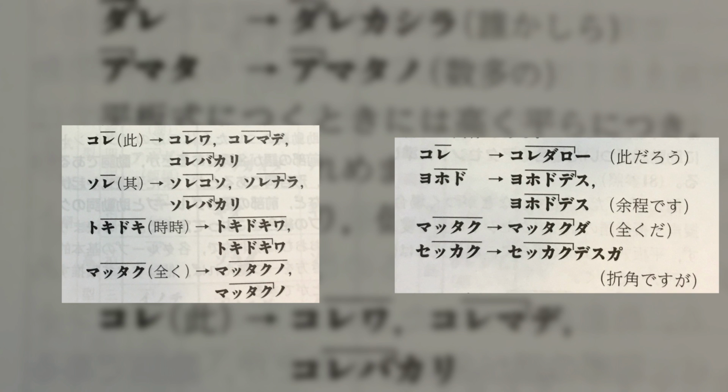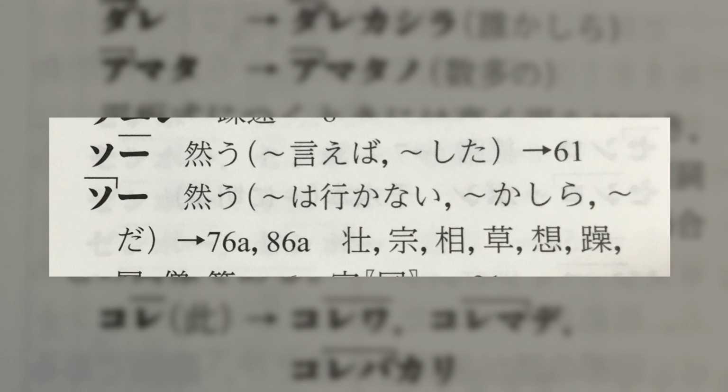So basically what's going on here is we just learned that when a particle or an auxiliary verb attaches onto an adverb that has Habe-on pitch, it can attach either high or low. And it looks like that in the case of soul, particles and auxiliary verbs always attach low. So normally that would mean that the word soul would be high and then the attaching particle would attach low,